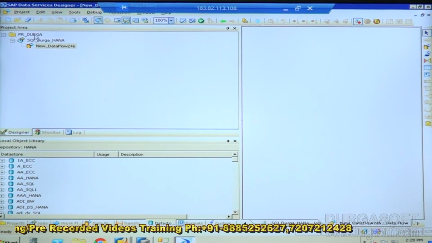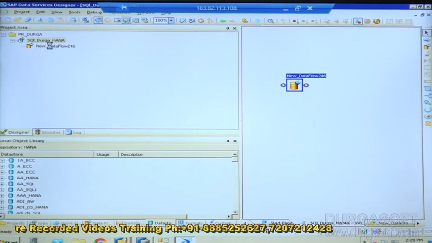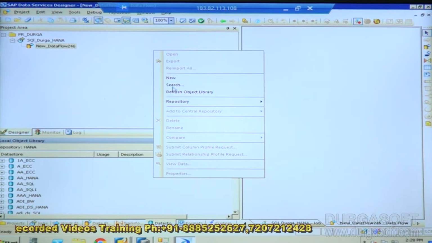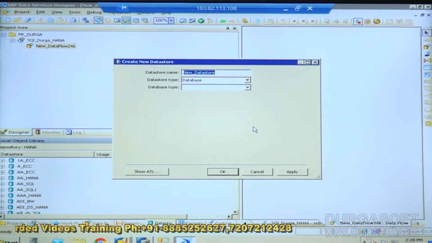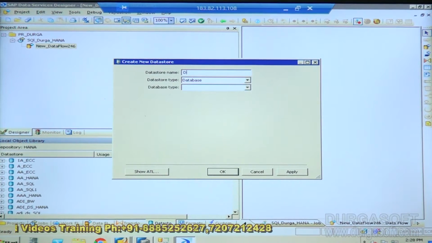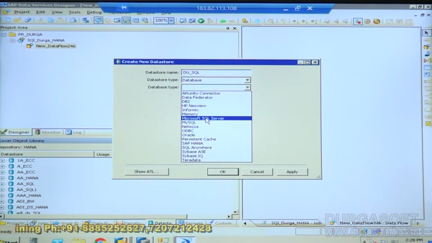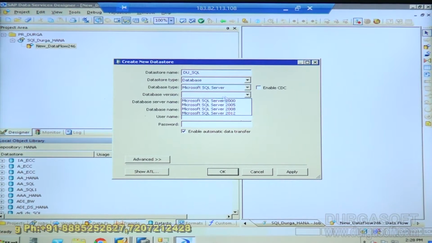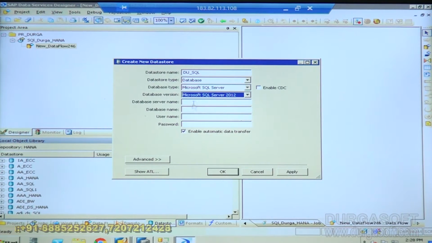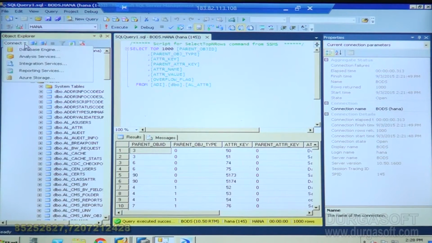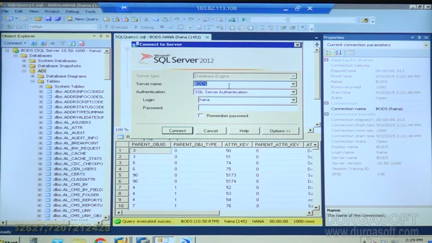So here we create a project, we create a batch job, and we create a data flow. Now right click on this space, create new connection. So I'll give the name du underscore SQL server. SQL is a database, and the type is Microsoft SQL Server. Its version is 2012. Server name is, just now we found, BODS.